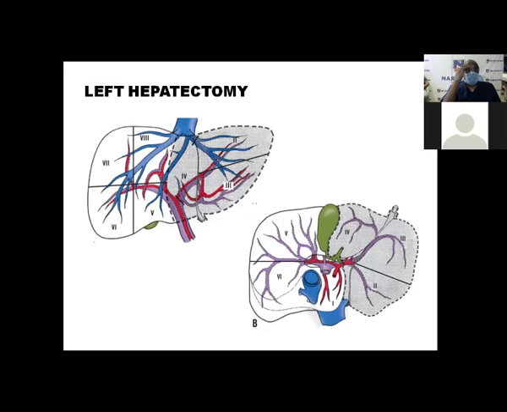So this is left hepatectomy. Again, left hepatectomy. You will have to ligate 2 veins, especially the left hepatic vein and all the branches that are being supplied into this segment 4, not the main vein, because the main vein has got a certain amount of drainage from segment 5 and 8. You have to leave it and you have to ligate the individual tributaries and remove that segment 4 also. That is called left hepatectomy.